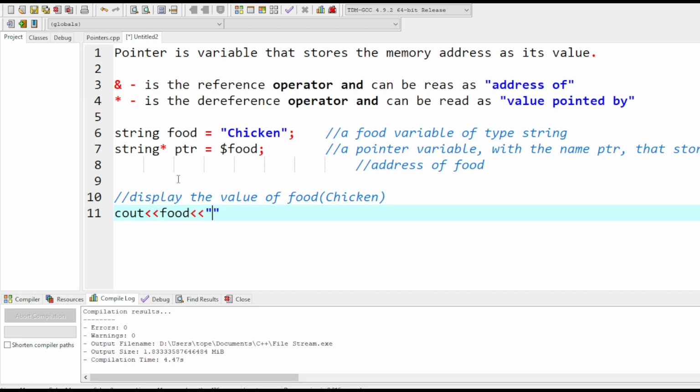You can use \n for a new line or endl. Then next,